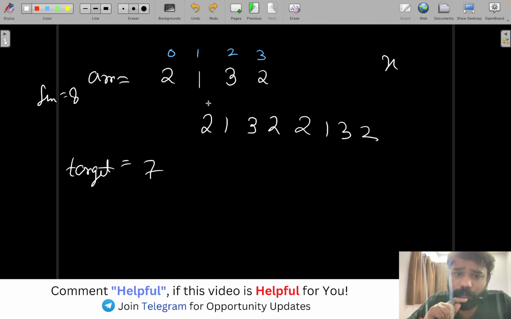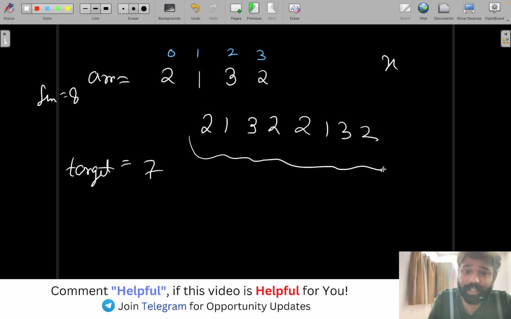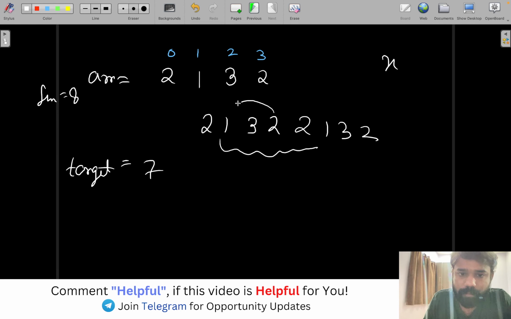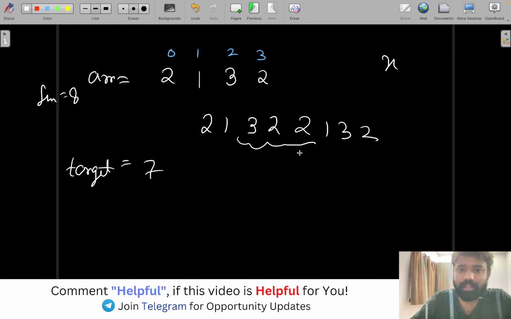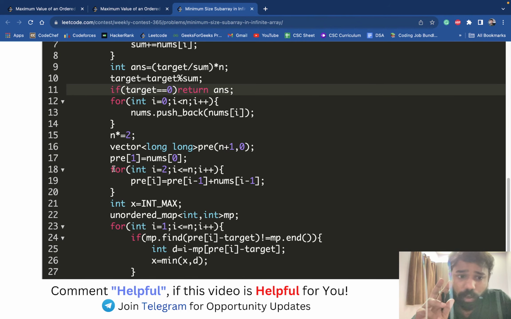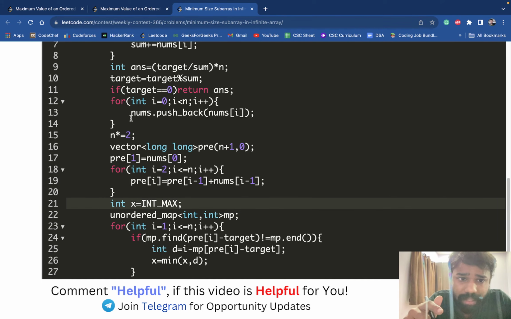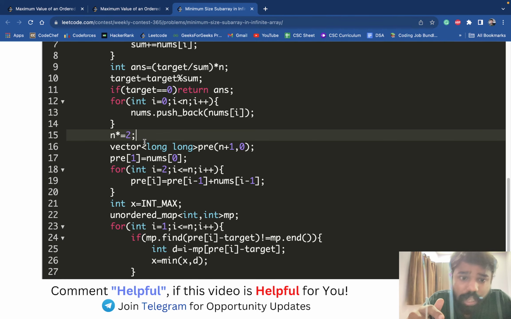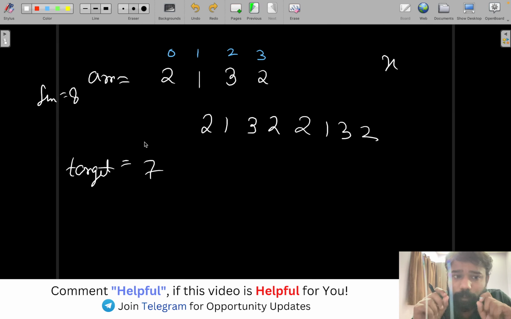So for that, what will you need? You will need to append the same array once again, so that you get a circular type of array. There is no need of going infinite. Just append it once more. Now you can see this is the approach where you are getting sum 7. So once you have repeated the whole array one more time, you can see I have appended the whole array once more into nums. Now nums size is double. Okay. Now, guys, in this subarray, if you have to find a subarray with sum 7,